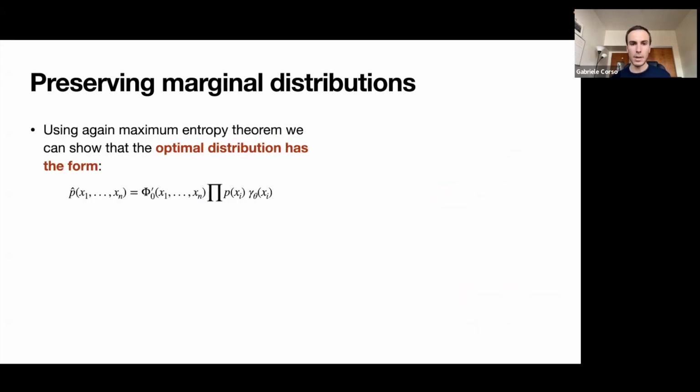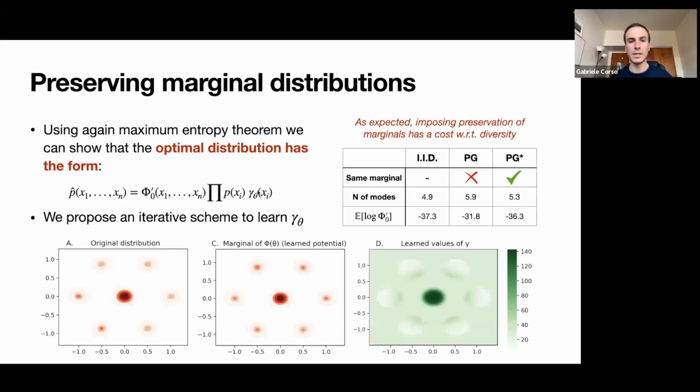And again, we can use the maximum entropy theorem, and we can show that this optimal distribution has the form where we still have our similarity kernel here as a potential, but now we also have this gamma, which is a function of the individual particle that's doing a reweighting depending on the position of the individual particle. And we propose an iterative scheme to learn gamma theta,